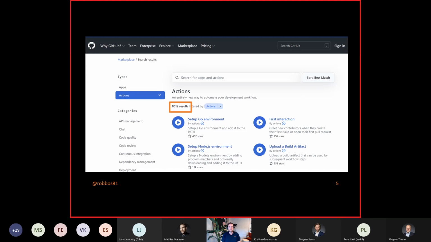Last time I checked, there were over 8,500 actions available on the marketplace. Things that people already have built, because it wasn't helpful for them. So it, of course, was doing something specific that they needed. And they share that out with the community, and you are free to use those actions. There's lots of stuff in there, so don't reinvent the wheel. Probably somebody already created an action that does something specific that you want to do, and wraps that in a nice setup.